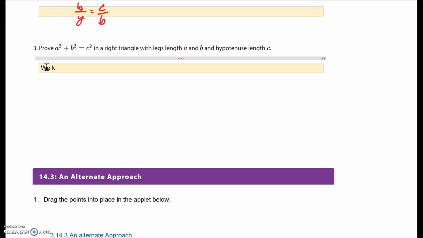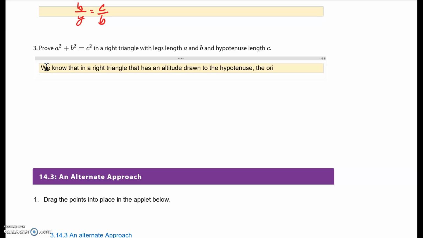We know that in a right triangle that has an altitude drawn to the hypotenuse,